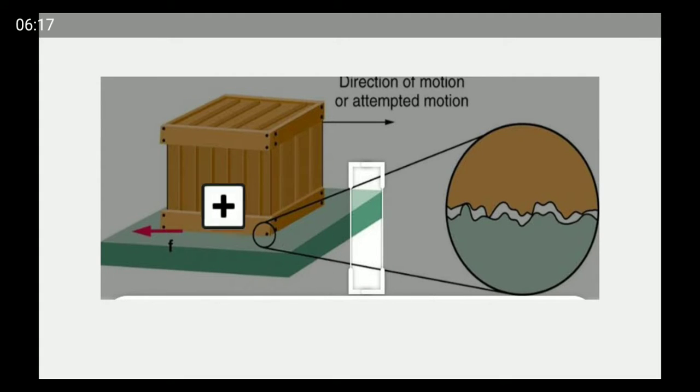Here at this point, the two surfaces in contact appear smooth to the naked eye, but the microscopic view shows there is roughness between them. So friction will be present between these two surfaces which appear smooth to our naked eye. With open eyes it looks smooth, but still these surfaces are rough, so they have friction.